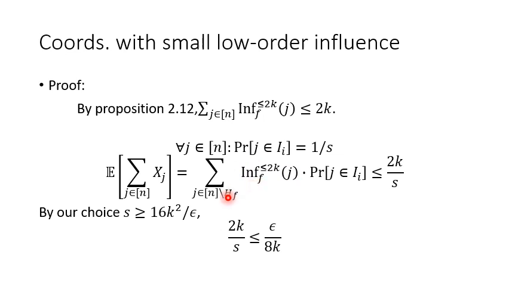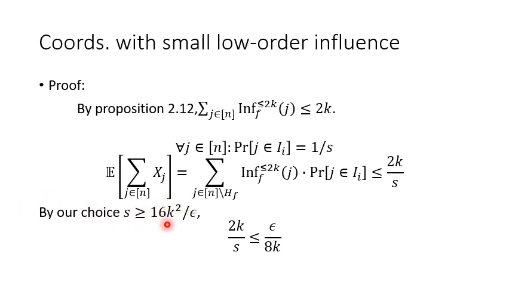And we will just sum here for relevant indexes, because if j is in HF, xj gets 0 for sure. So we will avoid j's that are in HF, and we'll get this sum. So this probability equals 1 over s, and this sum is at most 2k. So all this expression is bounded from above by 2k over s, and in the proposition we chose s